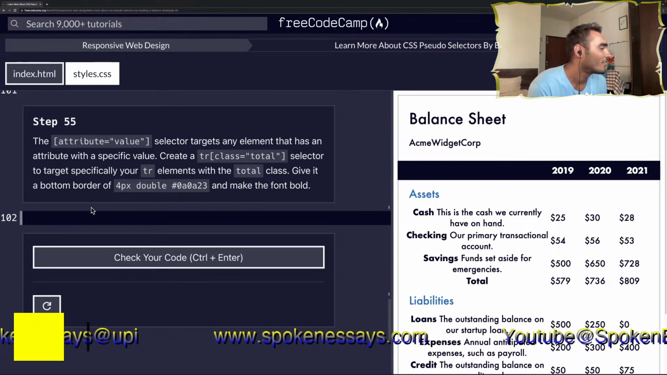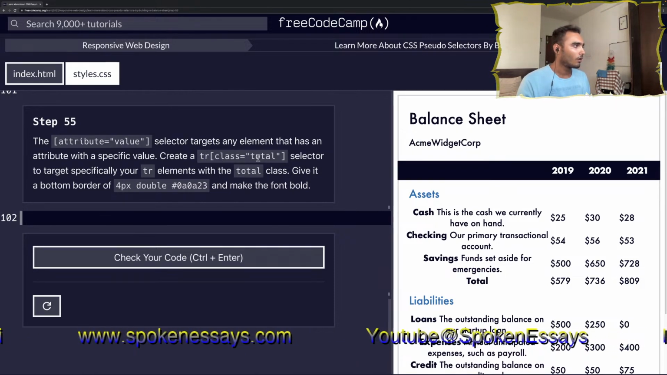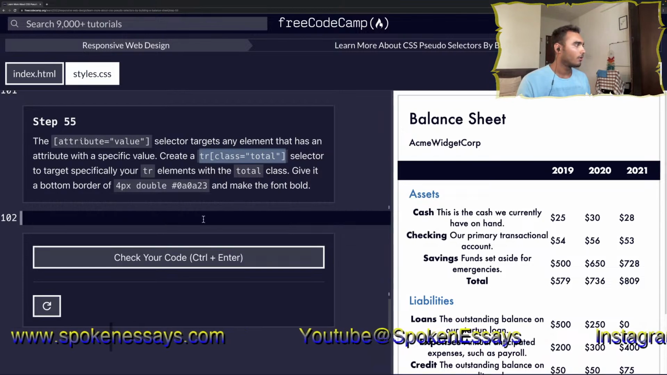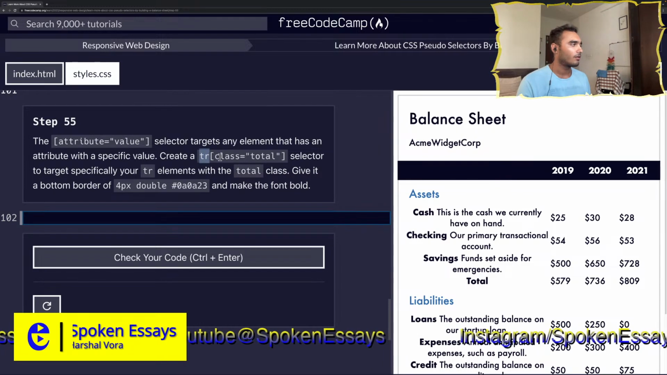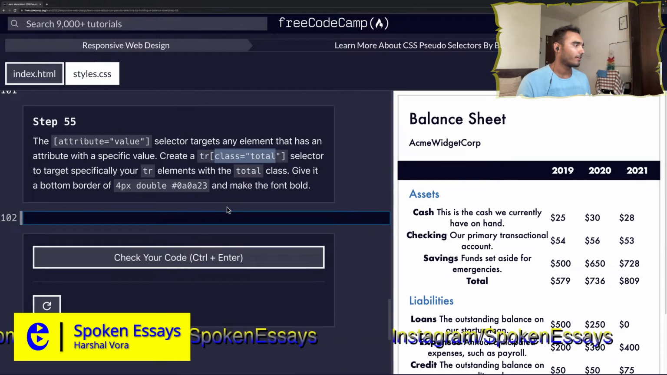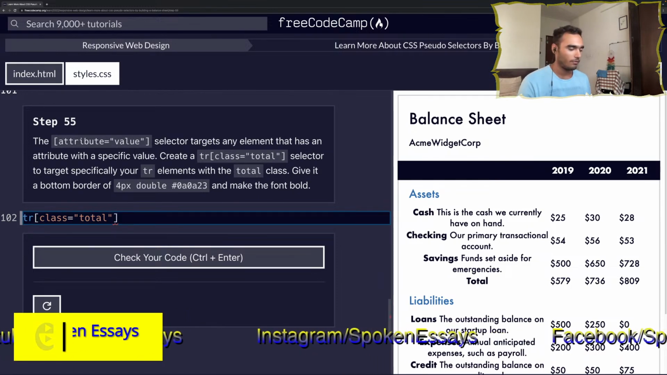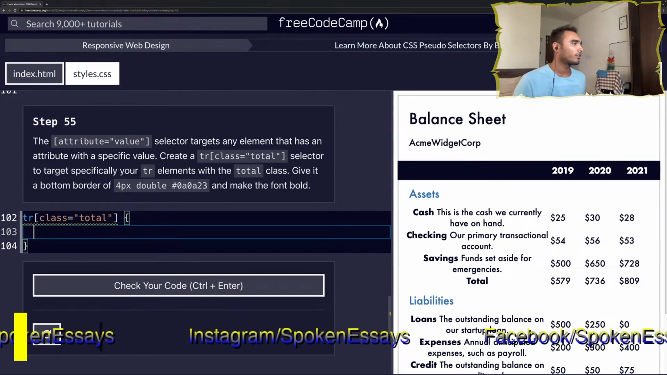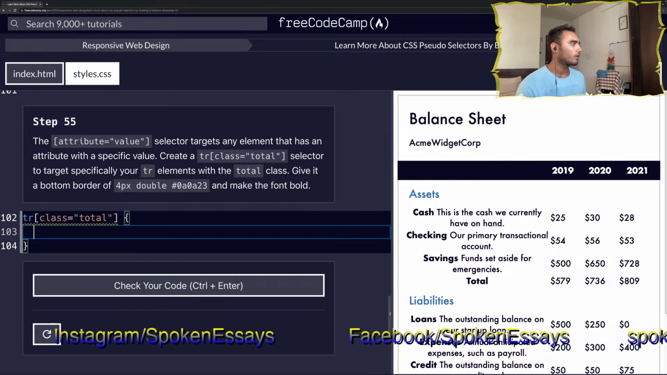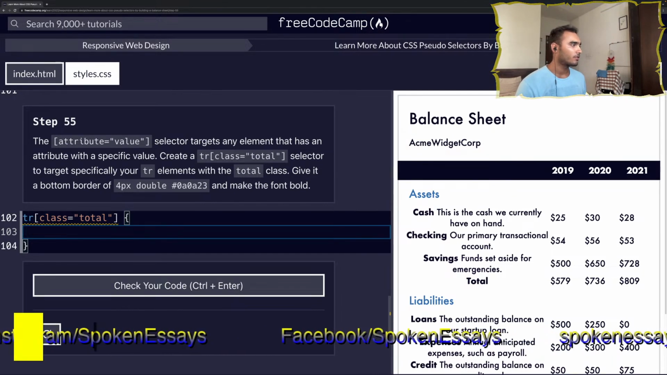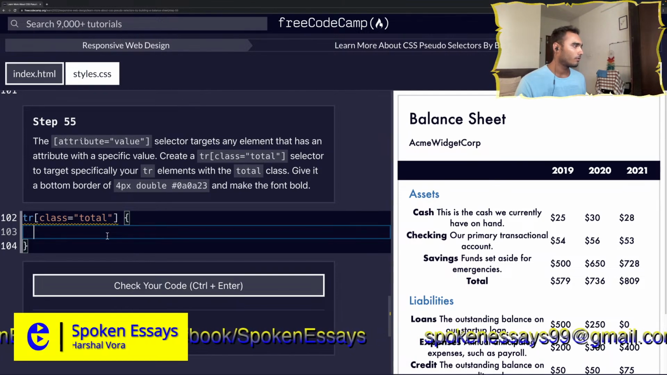Okay, so we'll create a tr table row class total. So attribute मतलब class. So जिस भी tr के अंदर हमने class total डाला है वो select करना है, right? And we put the curly bracket. Inside these curly brackets we write a selector to target specifically your tr elements with the total class. So tr elements जिसका class total value है वो. Okay,